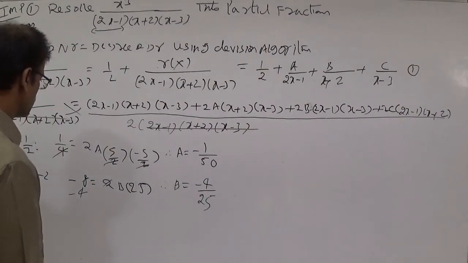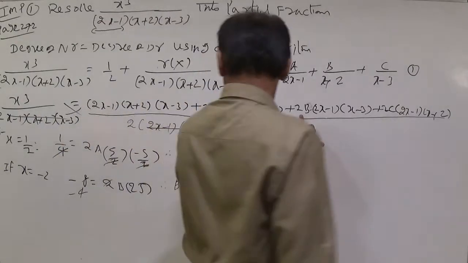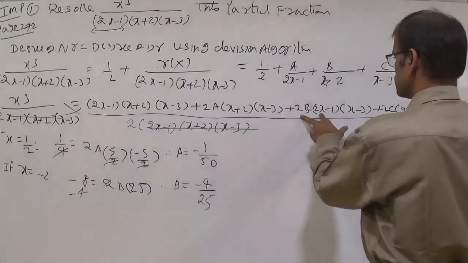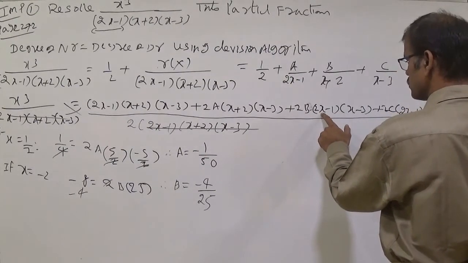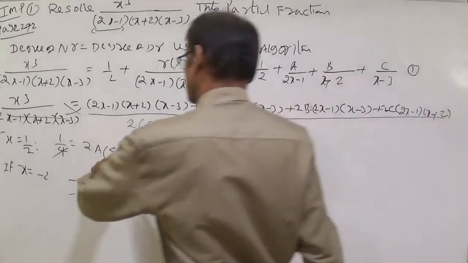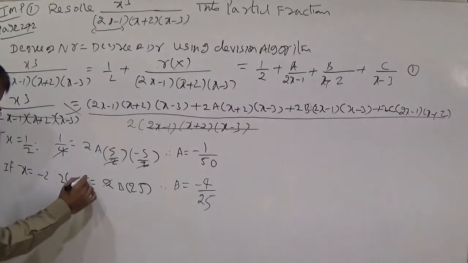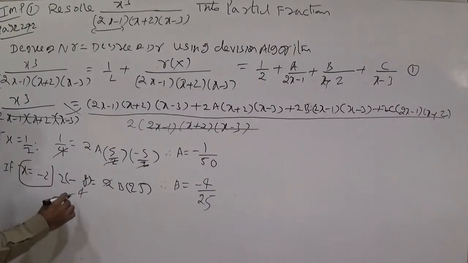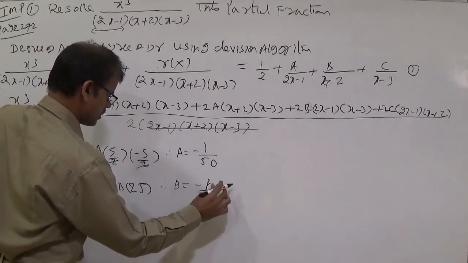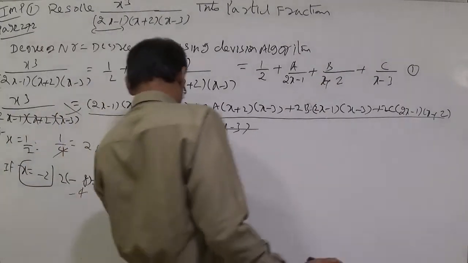We got minus 8 by, and another 2 is there. 2b is there. 2b into your value x is equal to minus 2, 2 2s are 4, 4 minus 1 minus 5, and another 2 is there, students. So another 2 you should write here. 2 into minus 8, so minus 4 minus 8 right here. Minus 8 by 25. B value is minus 8 by 25.